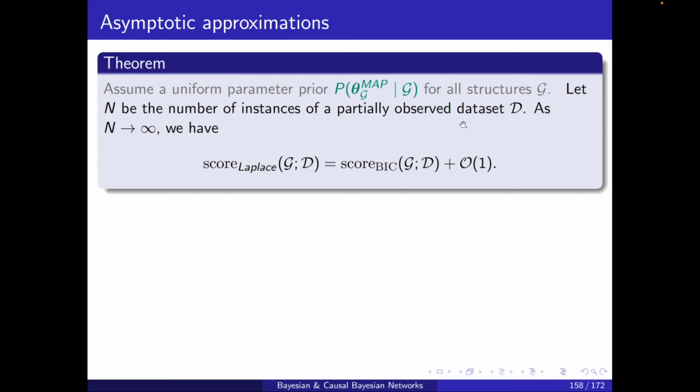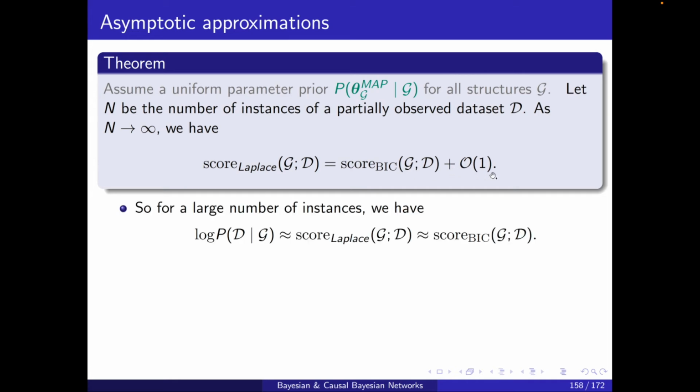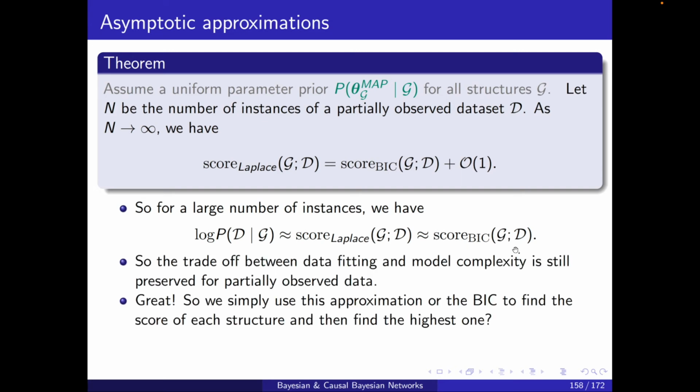So then, as n approaches infinity, the Laplace score can be written as the BIC score plus O(1). Great. So for a large number of instances, the log of the marginal likelihood is approximated by the Laplace score, and this is approximated by the BIC score. What does this imply? First of all, the trade-off between data fitting and model complexity that we saw in BIC,